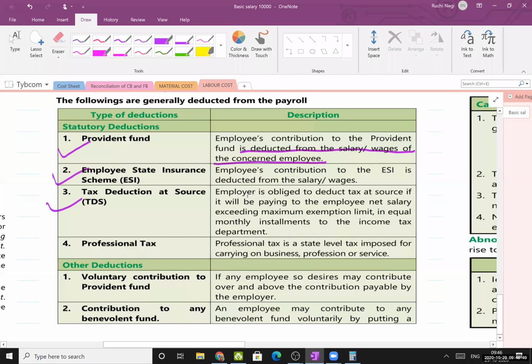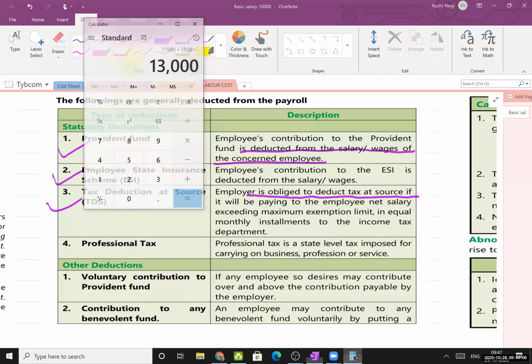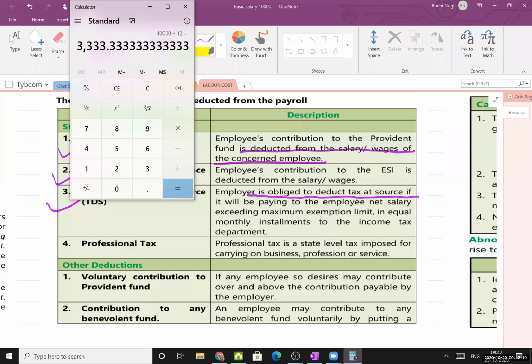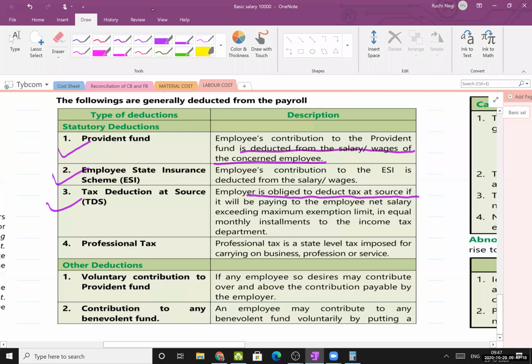एम्प्लॉयर इज ऑब्लाइज्ड टू डिडक्ट, एम्प्लॉयर पहले ही काट देता है, आपको अलग से टैक्स भरने की ज़रूरत नहीं है। अगर सपोज आपको साल भर का टैक्स 40,000 रुपया भरना है ऑन योर सैलरी विच यू आर अर्निंग, तो एम्प्लॉयर क्या करेगा, 40,000 डिवाइड बाई 12 करेगा। सो 40,000 डिवाइड बाई 12 कितना होता है, एक रफ फिगर बता रही हूँ, या चलो 48 ले लेती हूँ, सो राउंड ऑफ हो जाएगा। सो एवरी मंथ वो आपके सैलरी से 4,000 रुपये काटेगा, ठीक है। सो दैट एंड ऑफ द ईयर में एक साथ 48,000 वो नहीं काटेगा। टैक्स डिडक्टेड एट सोर्स मीन्स 48,000 एक साथ नहीं कटेगा, इक्वल मंथली इंस्टॉलमेंट्स में कटेगा।